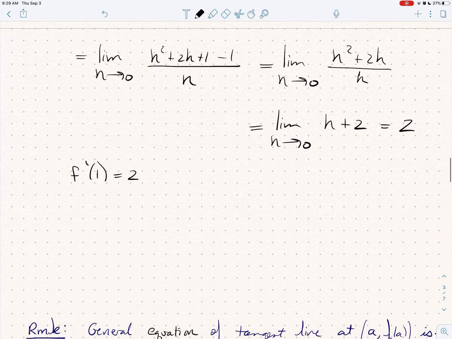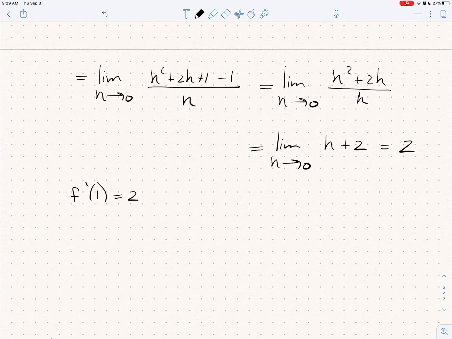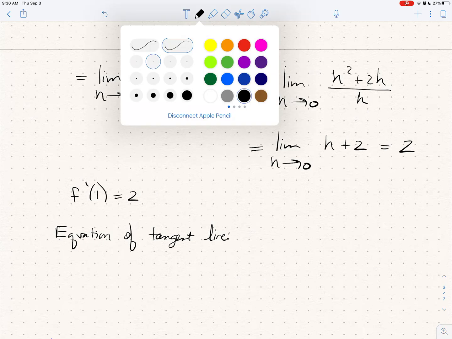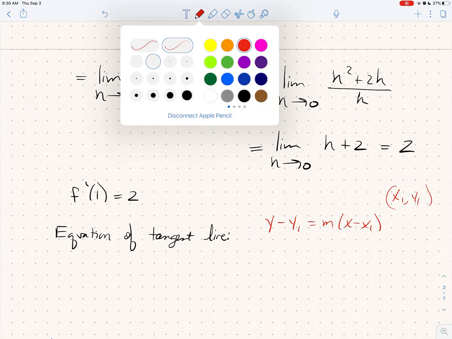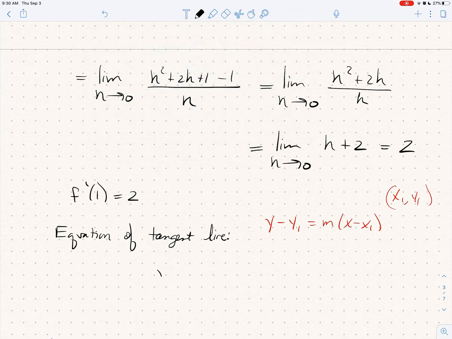That's our slope. And so now if we're going to write down the equation of our tangent line, we should probably label that. So the equation of our tangent line is, in general, let's write down the point slope form, then I'm going to erase it. It's y minus y1 equals the slope m times x minus x1, where x1, y1 is a point on your line. So I'm going to use that, then I'm going to come back and erase it. So y minus the y value, which was f of 1, well, f of 1 was just 1, so y minus 1